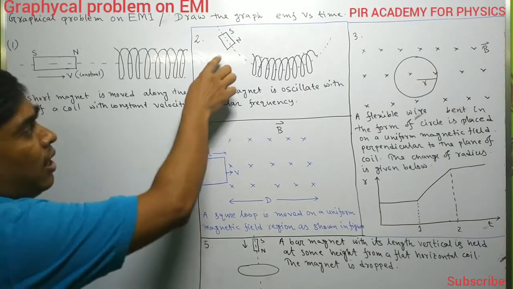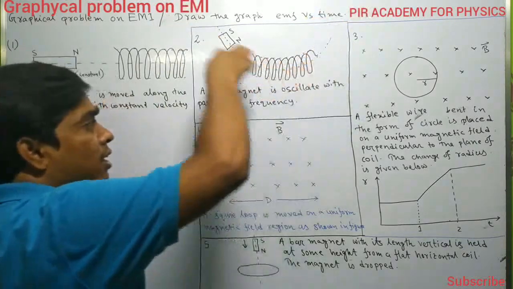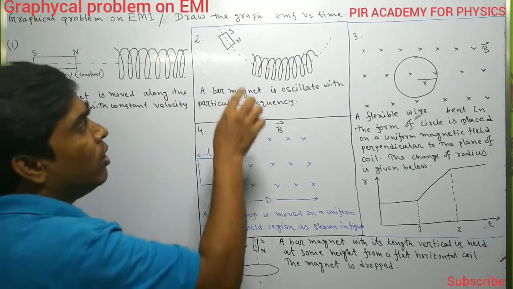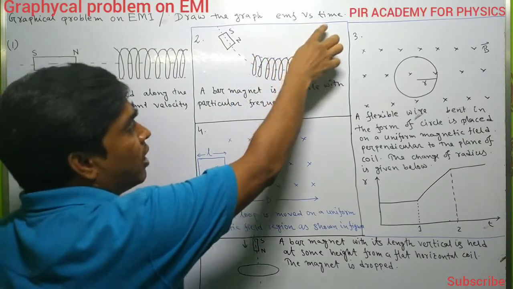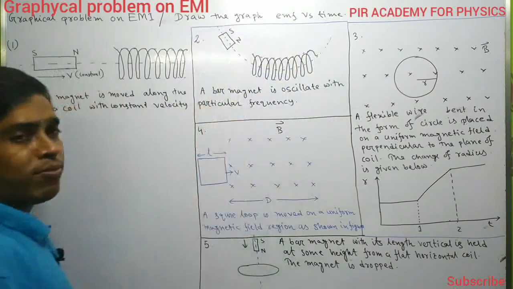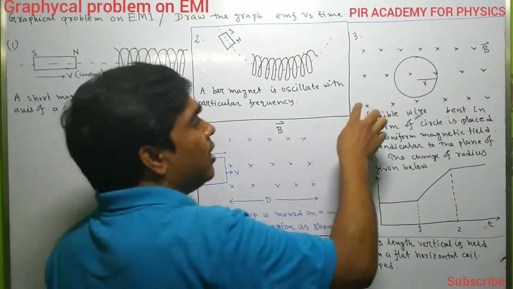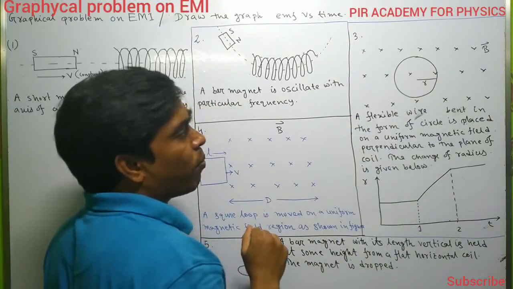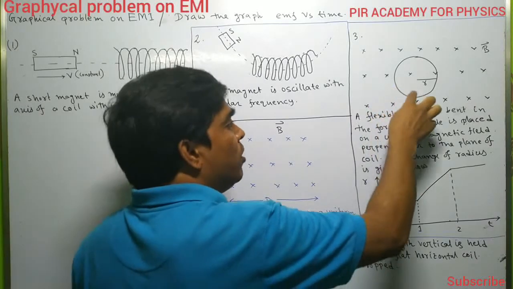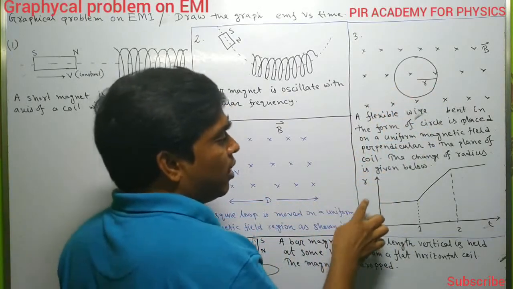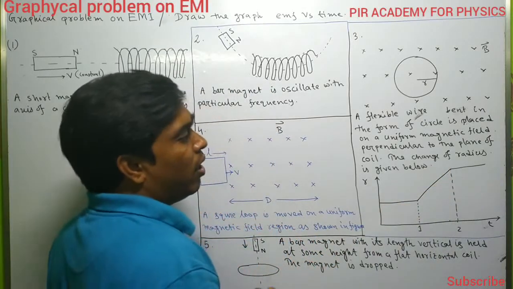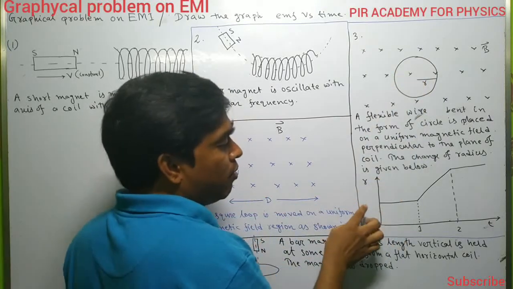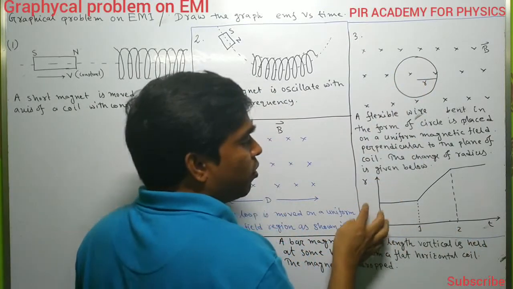And here this bar magnet oscillates in this way through this coil with a particular frequency. You have to draw the induced EMF versus time for one complete oscillation. And here you see there is a flexible loop whose radius is changed in this way. That means the change of radius of this loop is maintained with time through this graph,